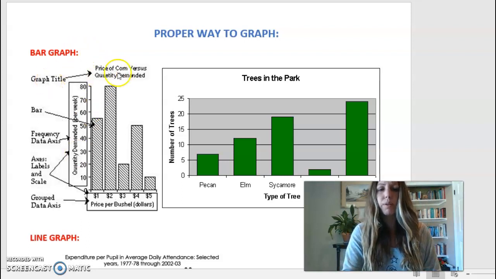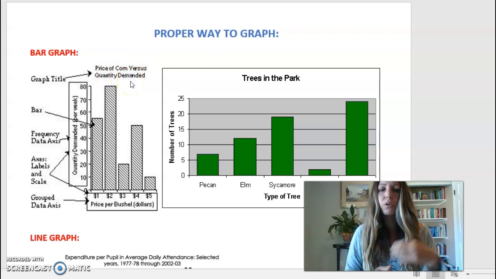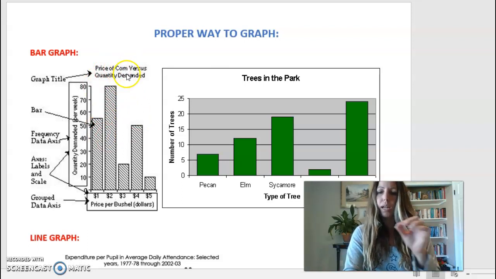And so you have your graph title that's going to be on the top, which is the price of corn per quantity demanded. And so that way I know as a reader what it is that I'm looking at, and then specific data, okay? Now, if you guys are doing a bar graph,